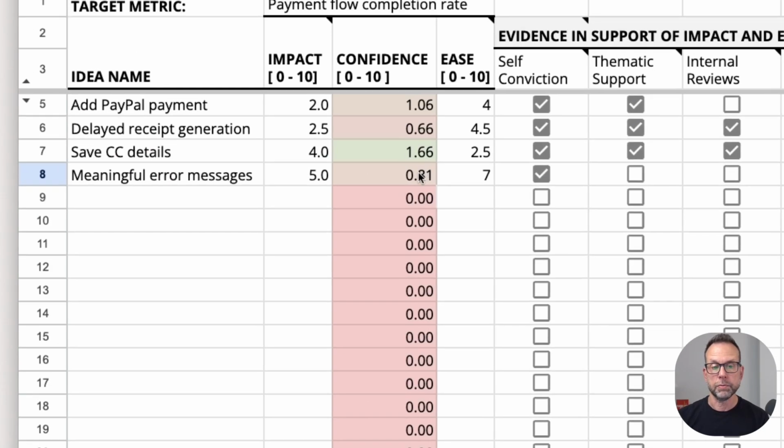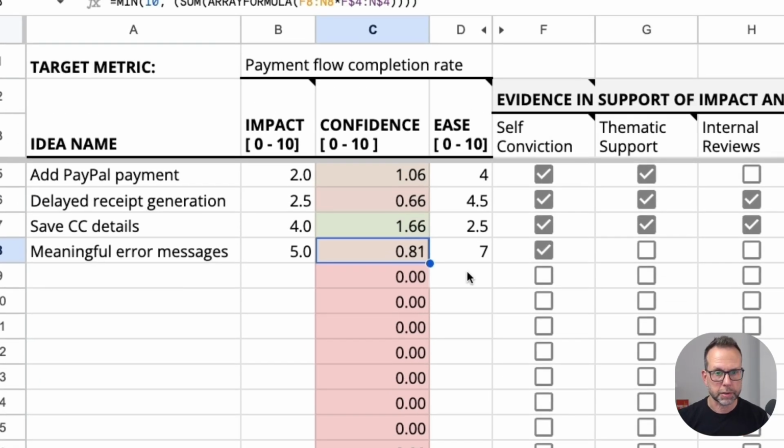So right now, my confidence level, which was auto-calculated, is 0.81 out of 10, which is very low confidence. So it's possible that the impact will be a 5 or medium impact. It's possible it will be 7, but I'm not sure. It could also be 2 or 3, for all I know. What I do with these numbers is both evaluate each idea, whether or not I want to test it further, and then maybe I can give myself more checkboxes, and also compare them to the other ideas, because I need to decide which of these ideas I want to actually work on.